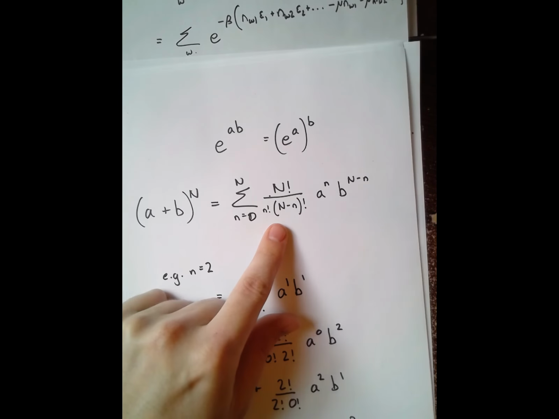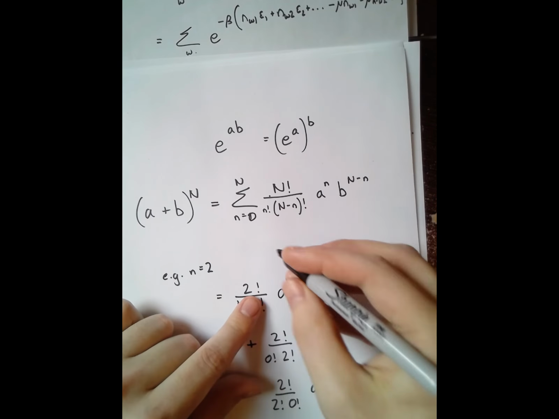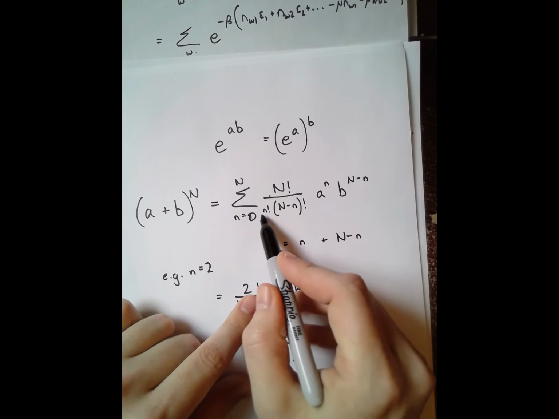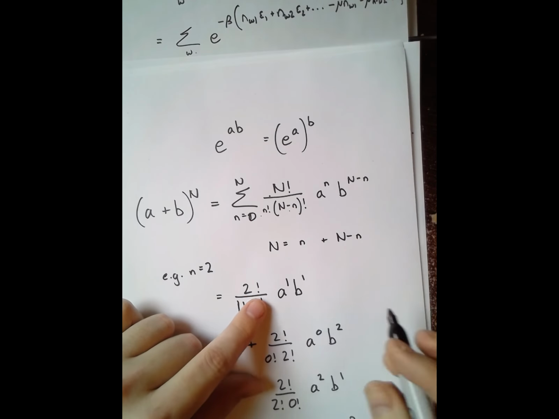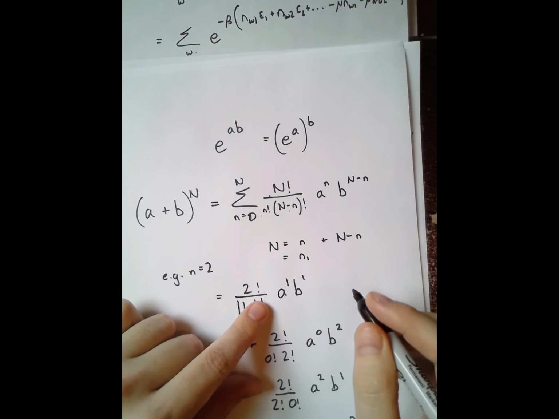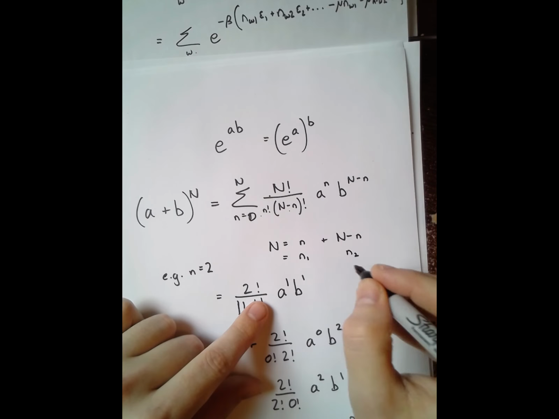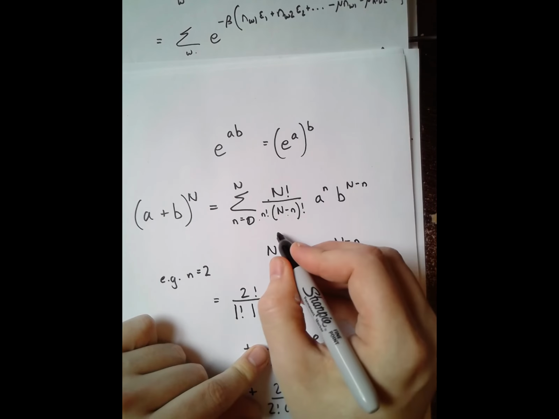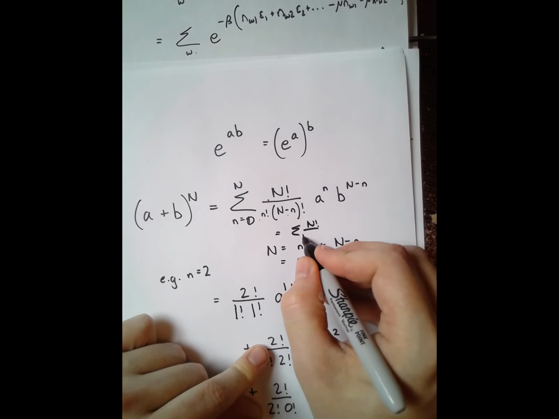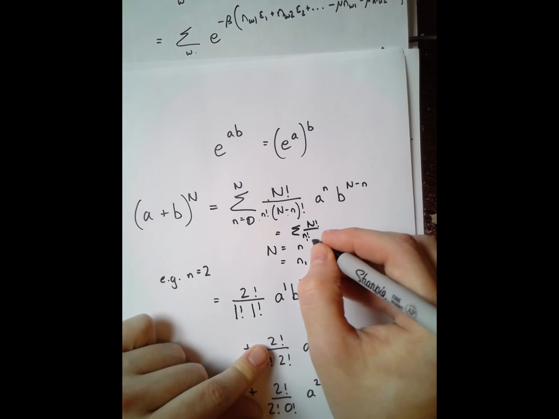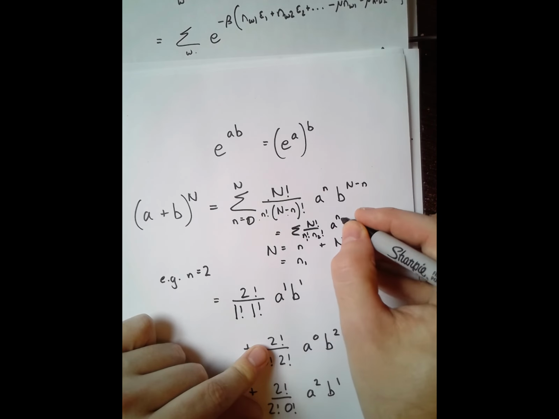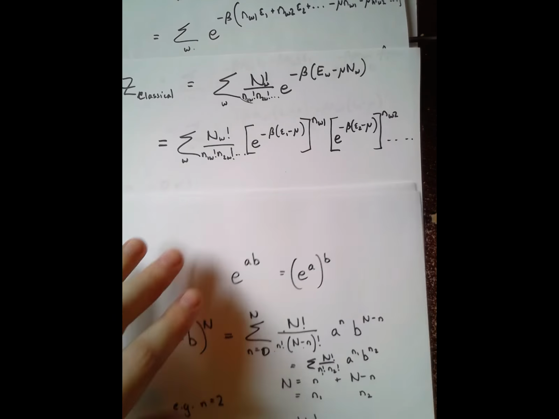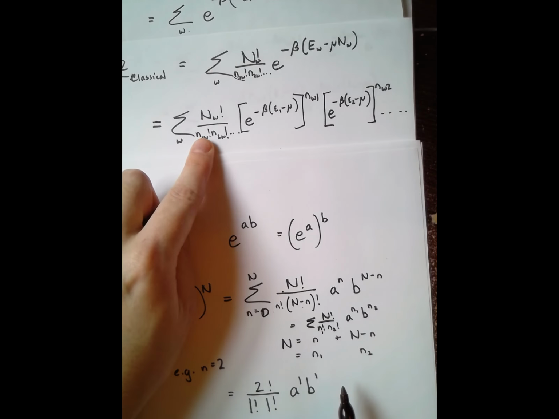So let me take a step back. The total number n is equal to little n plus big N minus little n, these two factors here. But let's call little n n1 and big N minus little n n2. In which case, this binomial expansion would be the sum over n factorial over n1 factorial, n2 factorial, a to the n1, b to the n2. Okay, now this looks kind of similar to this thing here,